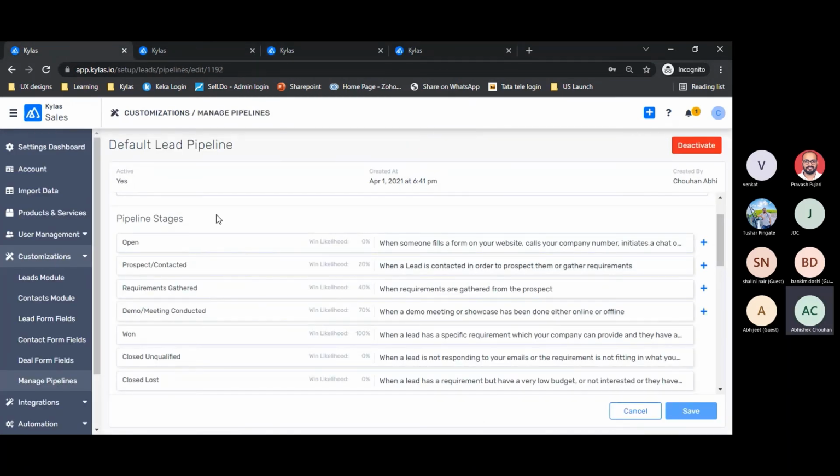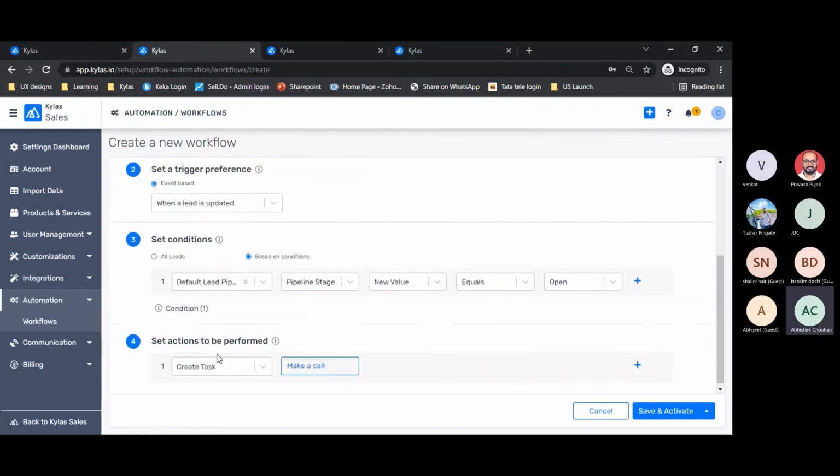We have created stages, that is also fine. Now we are also reminding our sales executives to perform certain tasks based on the stages. So during my sales process, there could be some expectations. Let's say when a deal is moving to ready for quotation, the owner of that deal is supposed to send a quotation. So we can have an automated task created. Similarly, we can send some automated emails.